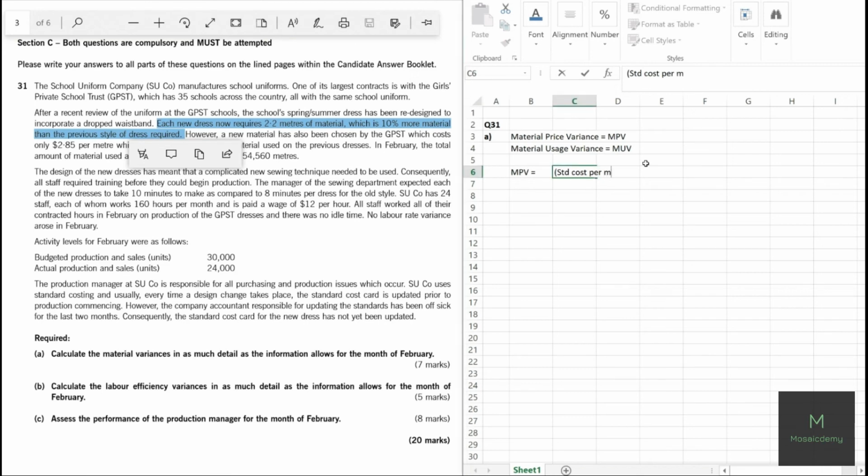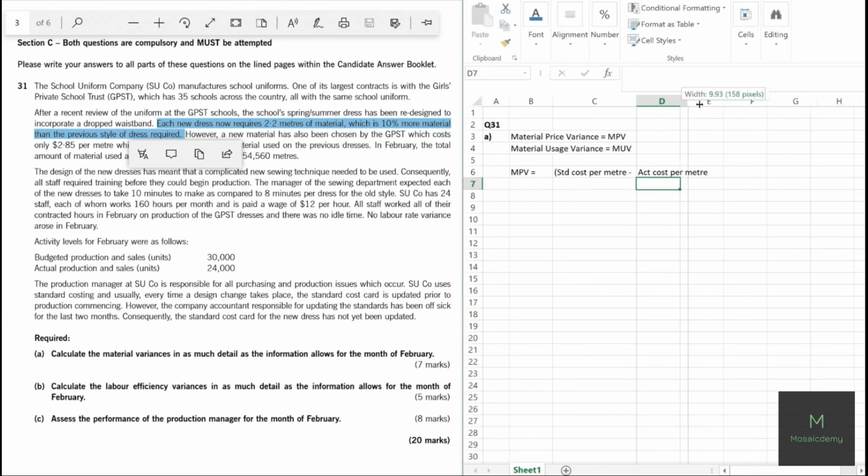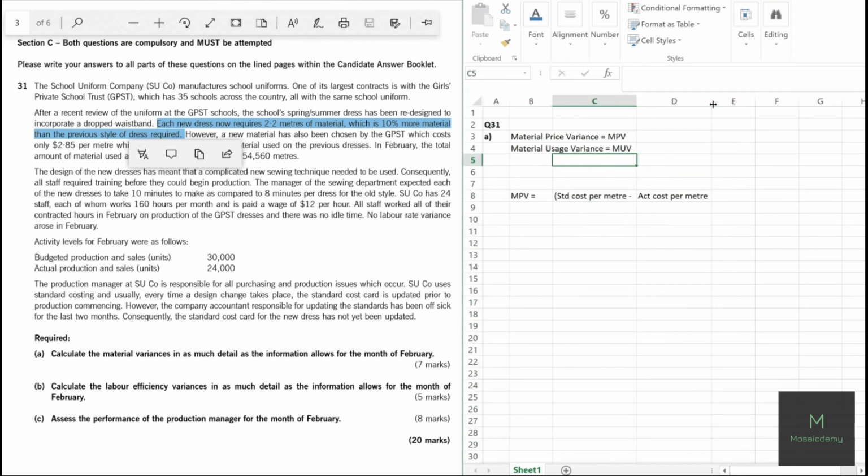So we'll write that down: per meter minus the actual cost per meter, right? Actual cost per meter. So since we're using the shorthand for standard and actual, let's write those down as well so that it's clear to the examiner. STD is standard and ACT is for actual. Okay, so we have this multiplied by